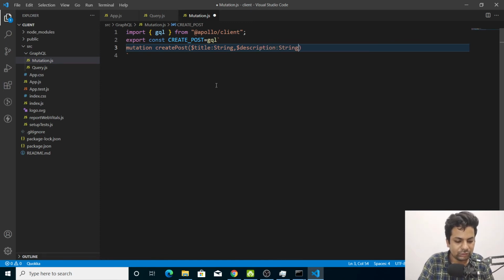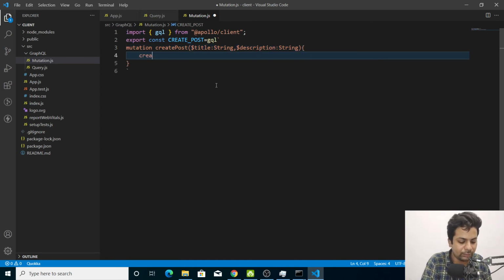and that will be a String, then $description, that will also be a String, and after that again we'll say createPost, then we'll pass a key called post, as we do here.